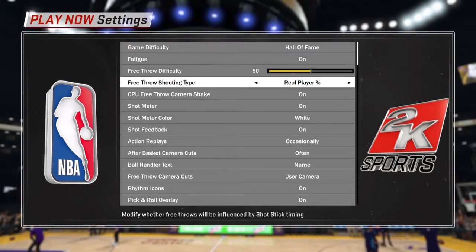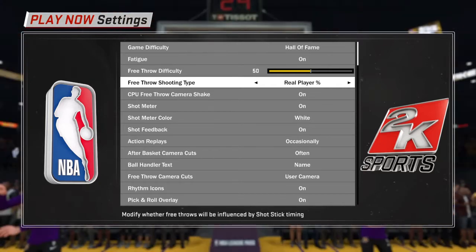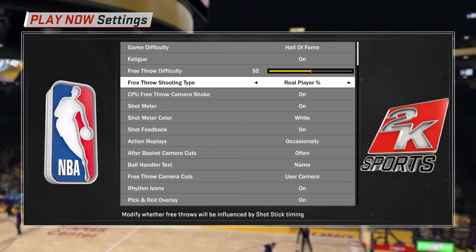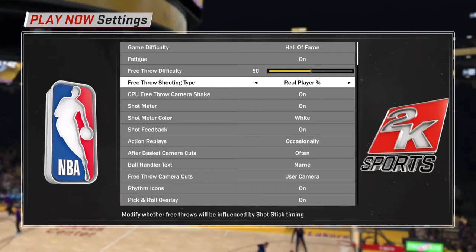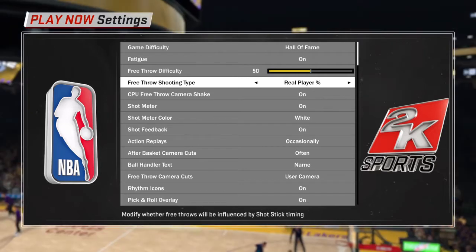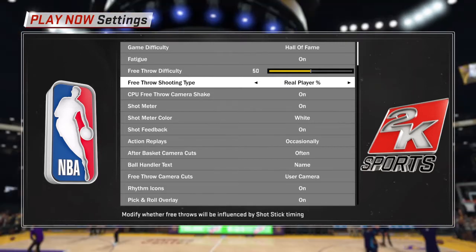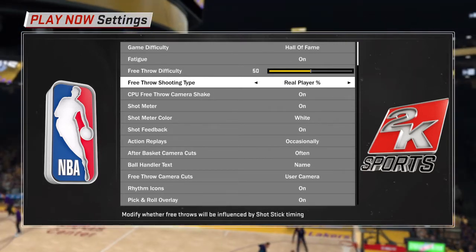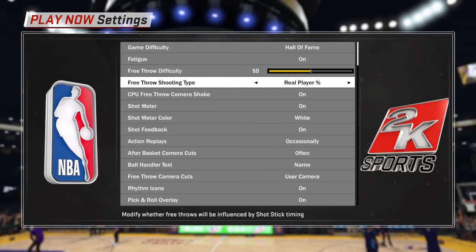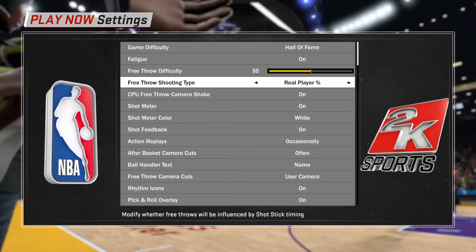game to play. So my free throw shooting and my actual shooting percentages, I put the real player percentages. Again, I think it's a little bit more realistic than using the shot timing. One of my biggest issues with shot timing is if I don't know a player's shot timing, but that player can shoot, I will miss more shots with him than I probably should just because I don't know the shot timing. I guess you can always go to the gym and practice with that player, but at the same time, with real player percentages, whatever that player shoots from wherever they are on the floor,